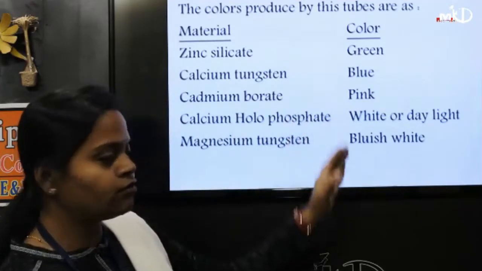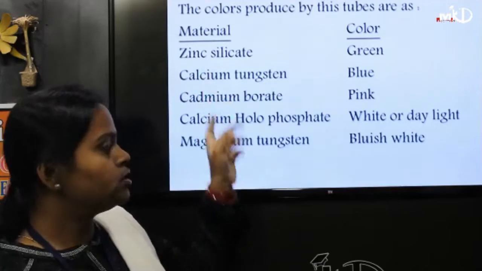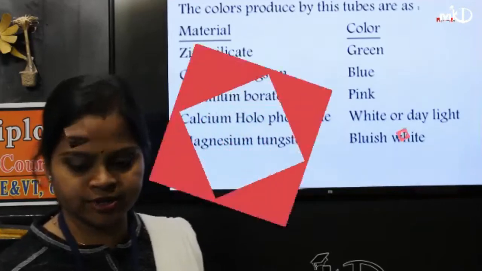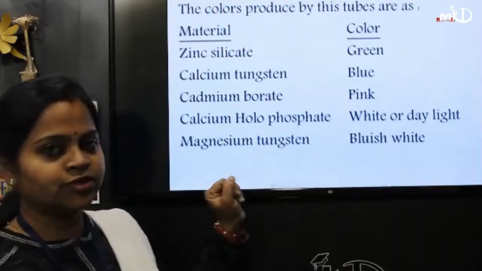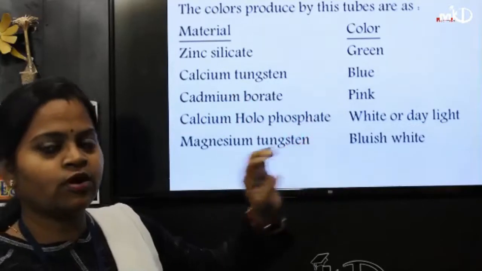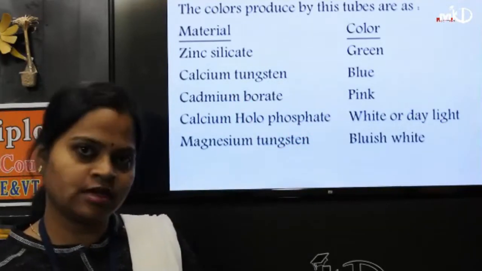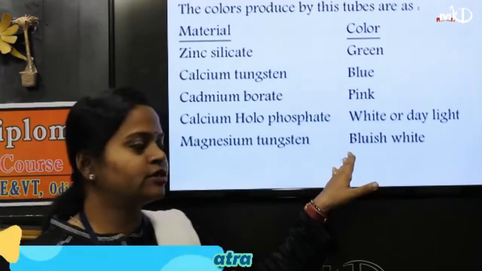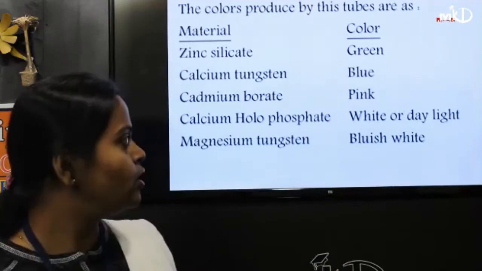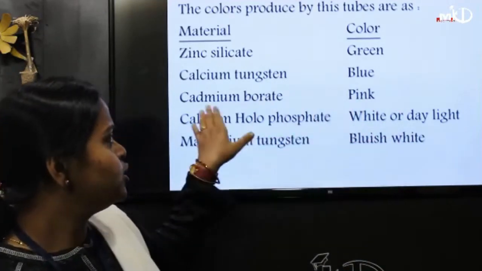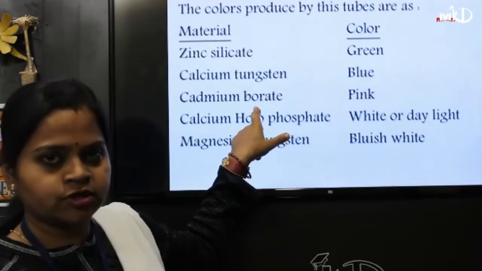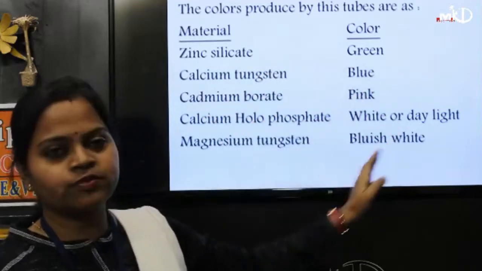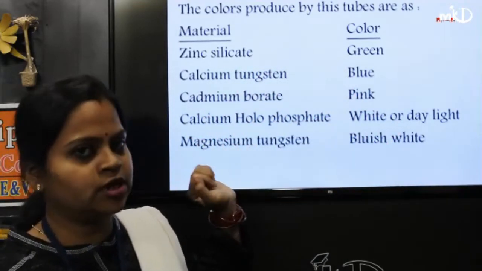Depending upon our requirement, the company will use any material to give these lights. From this we conclude that the manufacturing process of all the fluorescent lamps or tube lights is the same, but the color is different. If you want a pink or blue light in your home, the coating material has to be chosen accordingly. These are the varieties of lights available in our market.